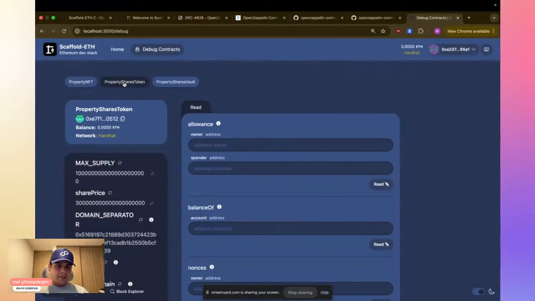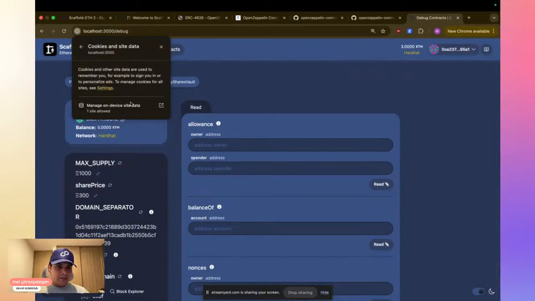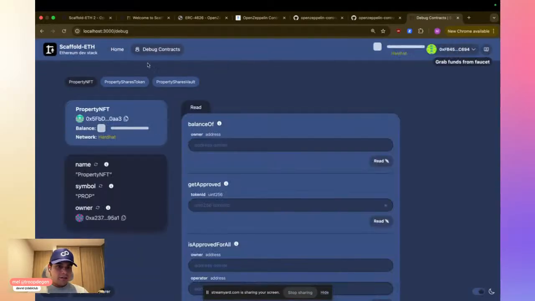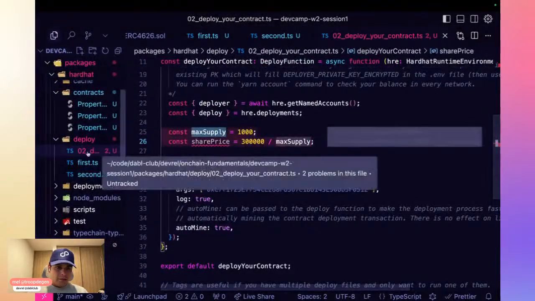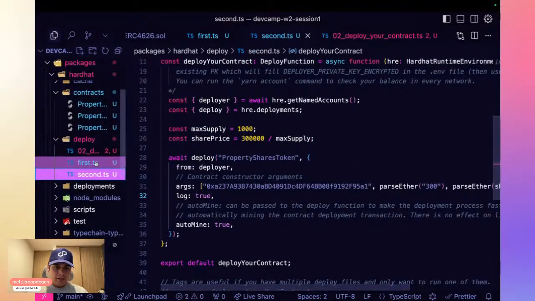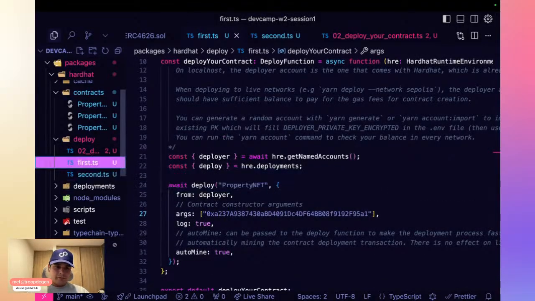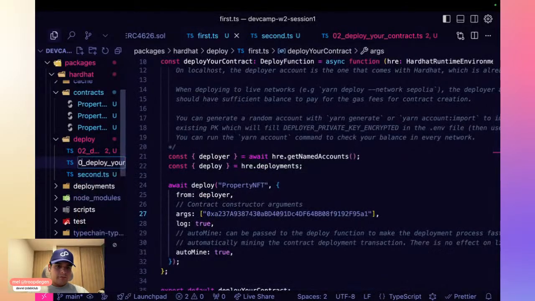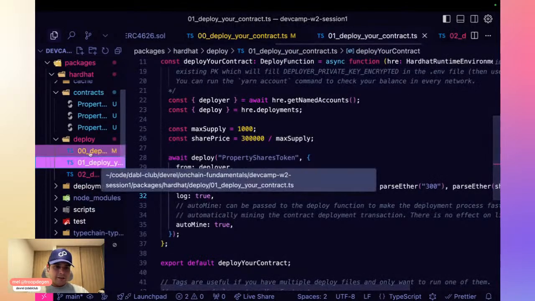I mean, we had the property NFT working before, but now it's still. Oh, this doesn't seem like it got the memo, or maybe I put it in the wrong place. I think it should be. Yeah, I didn't change this. My bad. Sorry about this, guys, a little repetitive.